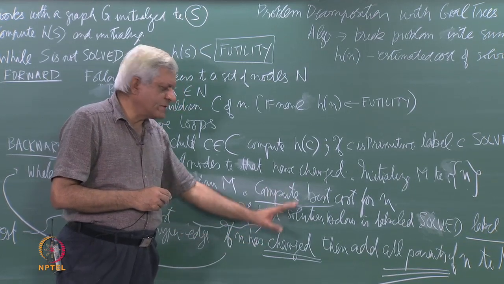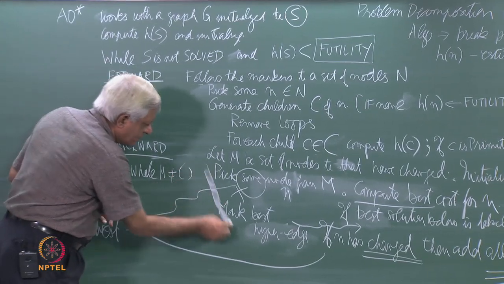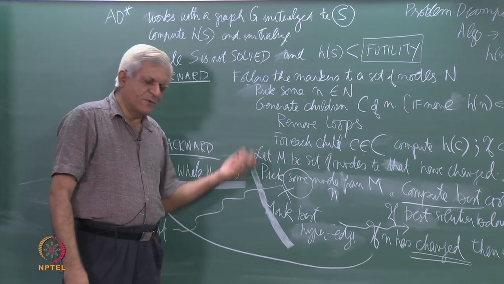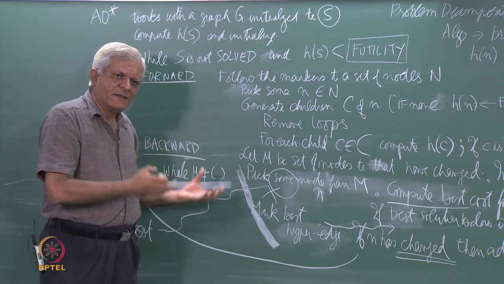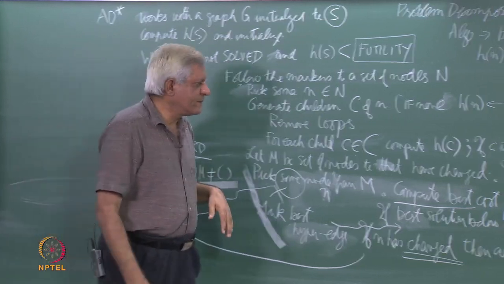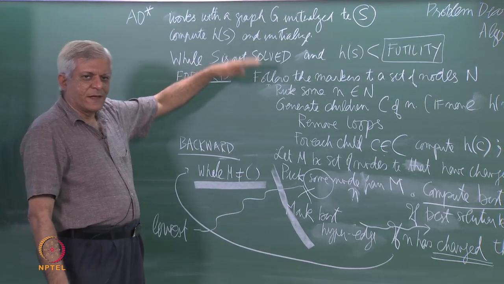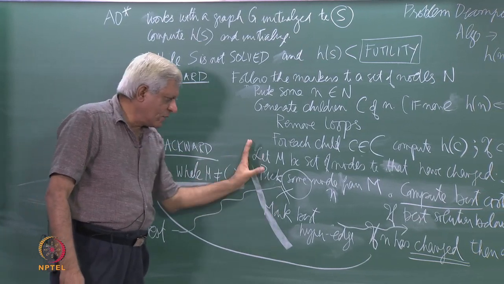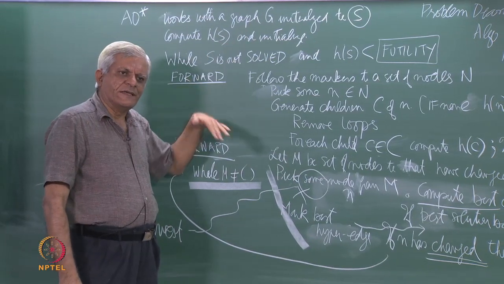and if either it has been labeled solved or if its cost has changed, you must add its parents to m, and this whole loop works under the condition that as long as m is not equal to empty, you pick some node and do this process, and that process is essentially backing up the values from the leaves towards the root node. So, once this ends, the algorithm will go back to the forward mode, again follow the marked paths, again expand some node, then it will go into the backward phase, backing up the values from there. This forward and backward phase will keep happening